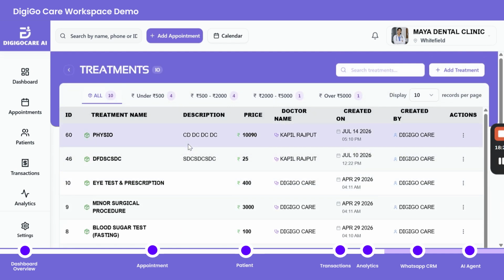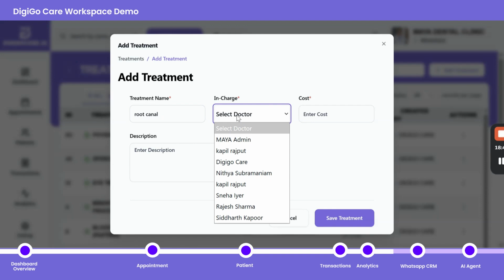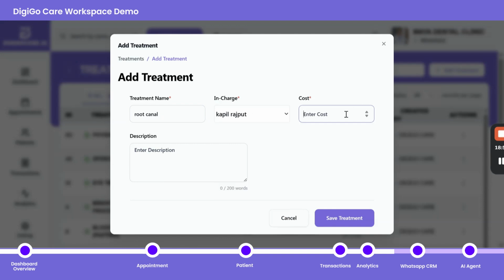So now let's configure the treatments or services offered by the clinic. Go to the treatment and add the treatment. For example, let's say this is a dental clinic. We might add a dental consultation like root canal, select the doctor, and then the cost, how much you charge for root canal.